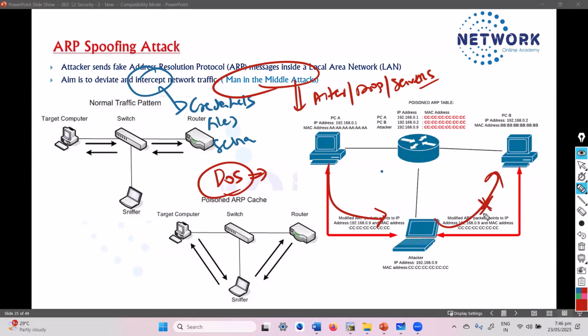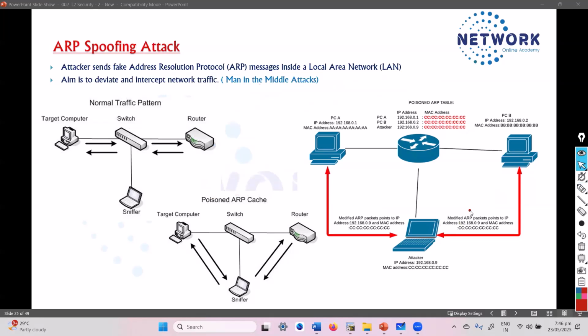So there are two possibilities. Either the attacker's intention is denial of service, or a man in the middle attack where he will try to get the details. This is a typical ARP spoofing attack where the attacker is sending forged ARP replies.